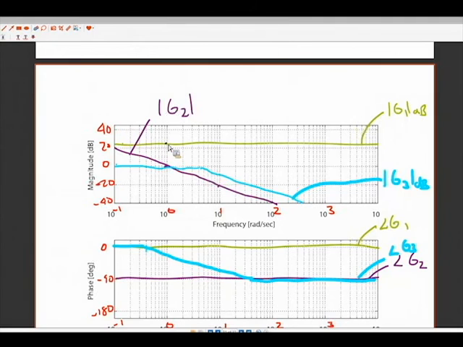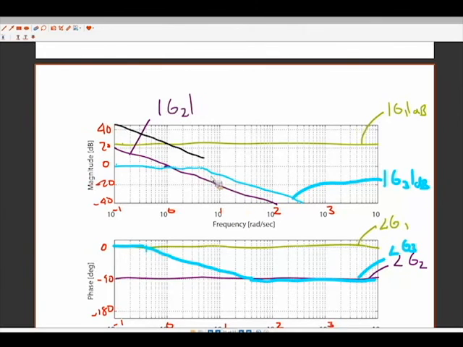It's going to have a slope of negative 20 dB per decade for a little bit. And then as soon as I hit 4 radians per second, it's going to transition from having a slope of negative 20 dB per decade to negative 40. So if I'm going to drop 40 dBs in 1 decade, that means by the time I get to 40 radians per second,